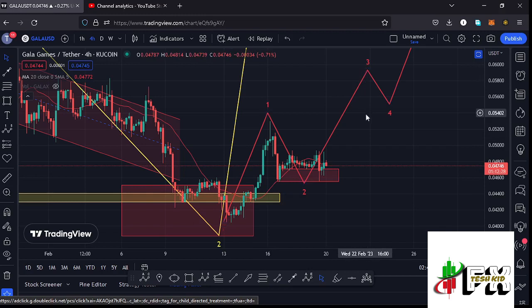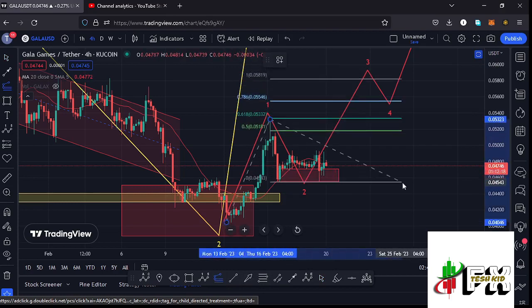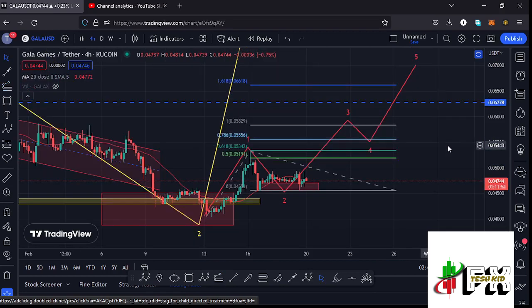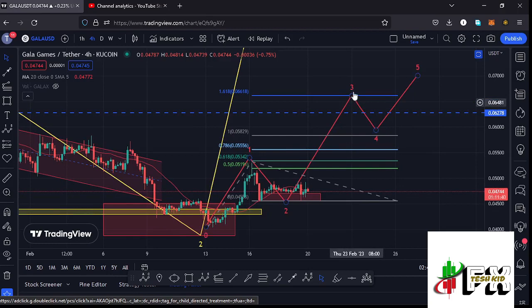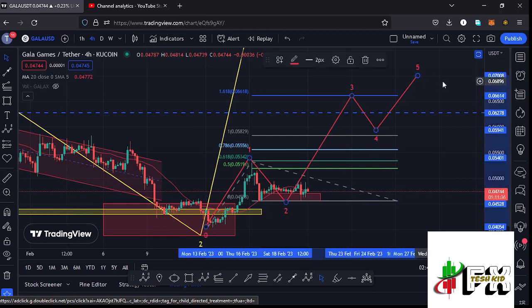wave 3, and sketching out a minimum target area to the upside in the formation of that wave 3 by connecting the trend-based Fibonacci from the low of the first wave to the high of that wave 1, then dragging the fibs to the low of the second wave. That gives me a minimum target area to the upside in the formation of that wave 3 at the fib level 1.618, and that is at around the $0.066186 mark, and that is the minimum that I'm expecting that wave 3 to the upside to do. Then we can expect a wave 4 and then a wave 5 to continue pushing even higher to fully maximize our target areas at around the $0.118 mark.